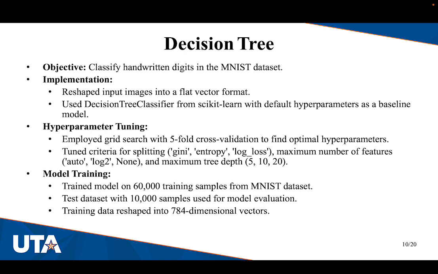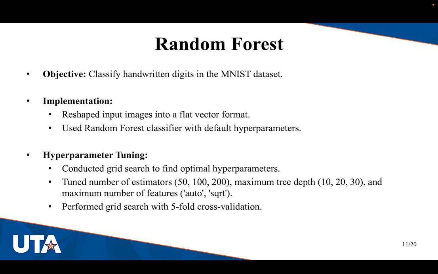We trained our models based on the 60,000 training samples from the MNIST dataset, and tested our models with 10,000 samples. The second model is a random forest. The objective